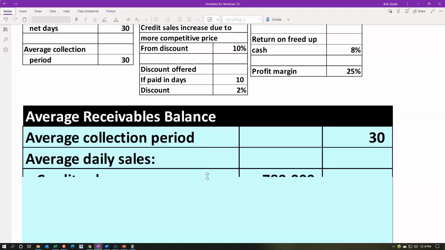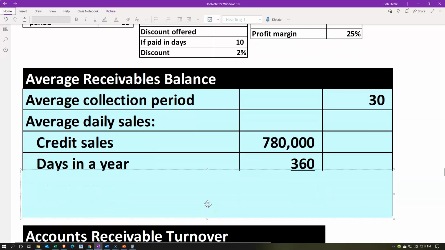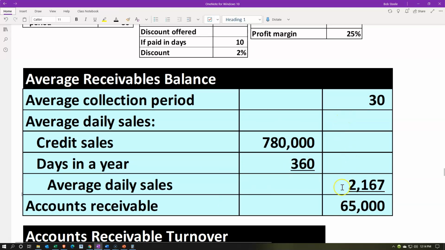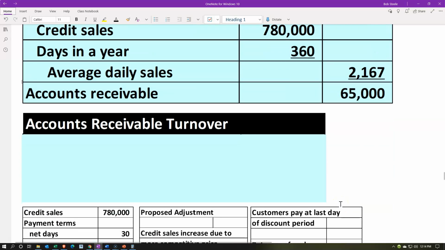30,000 for the average collection period, average daily sales, credit sales 780,000 divided by the days in the year 360. That gives us about 2,176. So once again, multiplying that out, the 30 times the 2,176 about gives us that 65,000. We can then use that to figure our starting point accounts receivable turnover to be able to compare our turnover